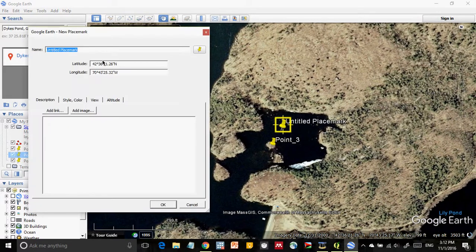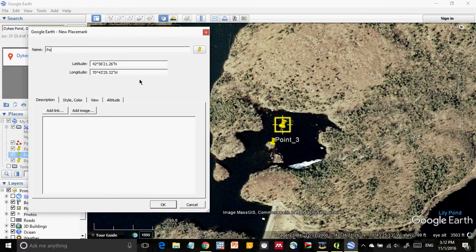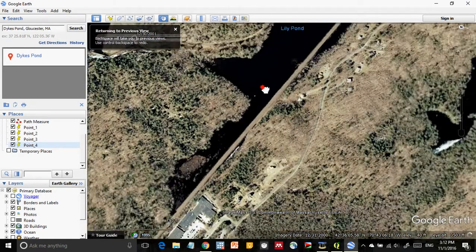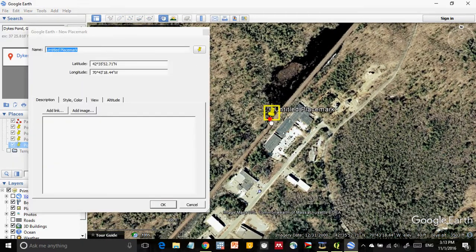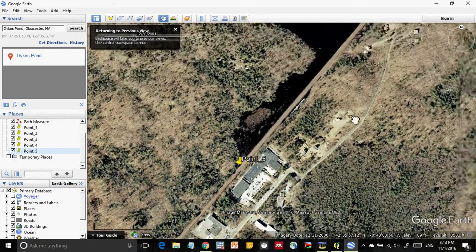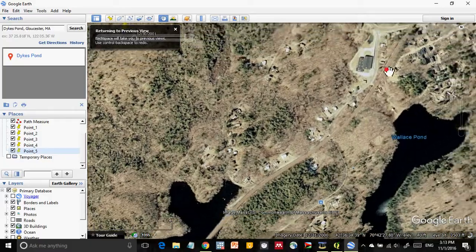But what we can do is save this as a JPEG, as an image file, and then bring that image file into QGIS using the same georeferencing procedure that we know of. Of course, what we would need to do then is find points, find the actual value of points. So one way we could do this